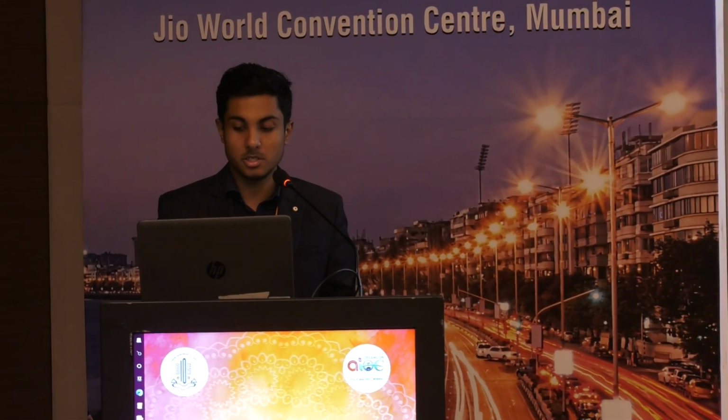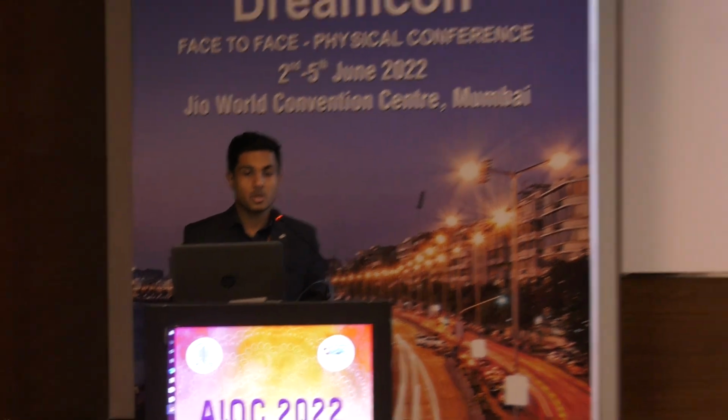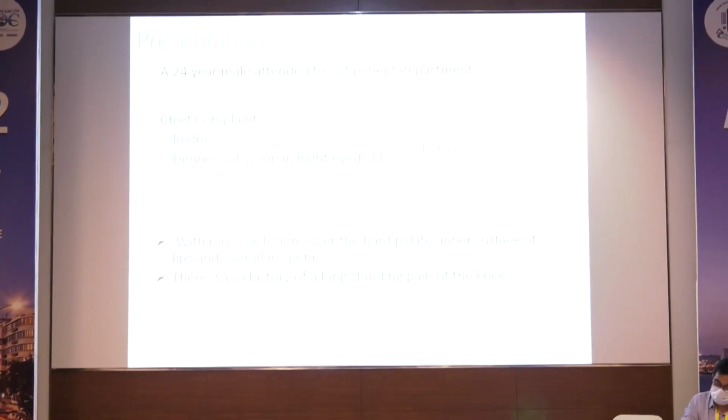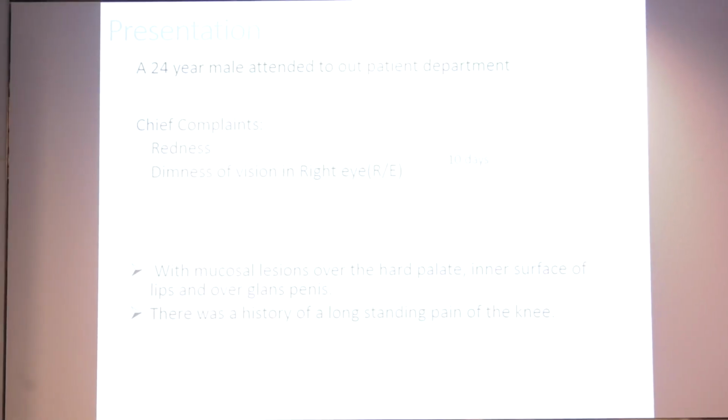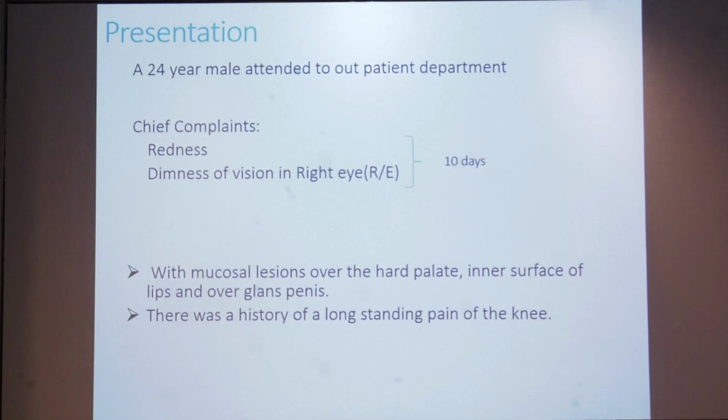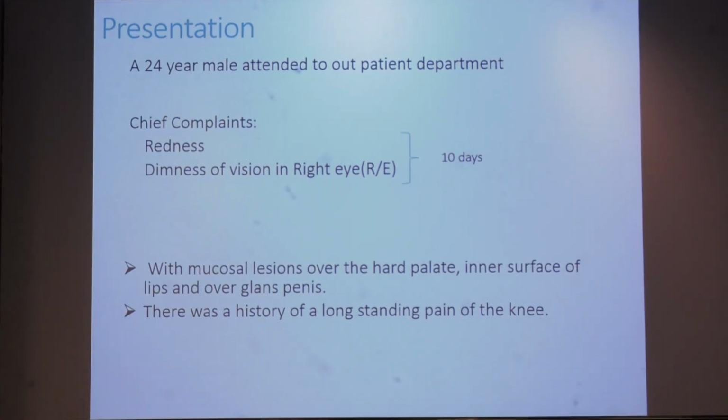Respected judges, faculties and my dear friends, a very good afternoon to you all. The topic for my today's session is a case of endogenous endophthalmitis masquerading as Behçet's disease, a diagnostic dilemma. A 24-year-old male attended the outpatient department with chief complaints of redness and dimness of vision in the right eye since last 10 days, with mucosal lesions over the hard palate, inner surface of the lips and over the glans